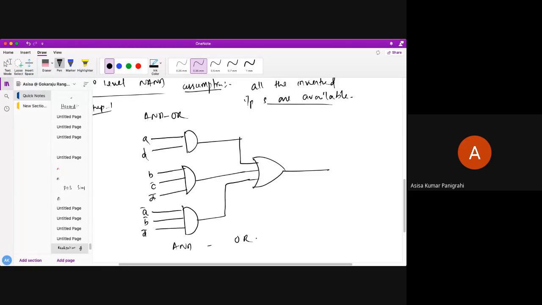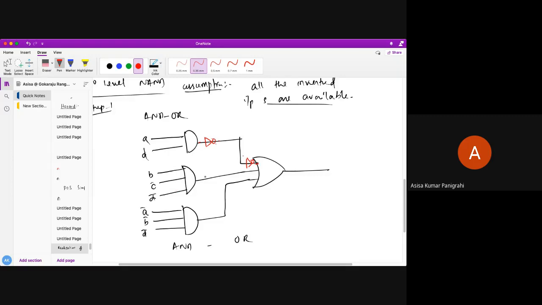Then what we have studied, in order to do all these things using NAND gate, we have to put two series of NOT gates at the input of the OR gate, all the inputs of the OR gate. So in order to convert this AND gate into the NAND gate, you need to put a NOT gate here, and also a NOT gate here. So both these NOT gates will cancel each other. Finally, whatever the value will be here, that will be achieved over here.